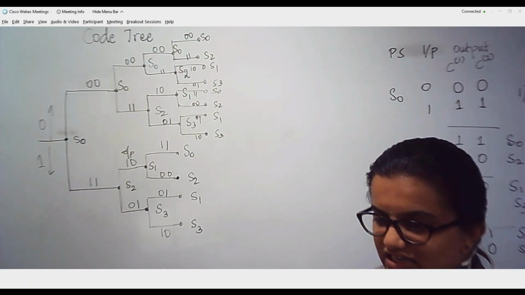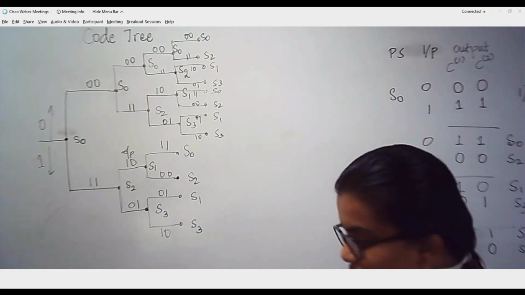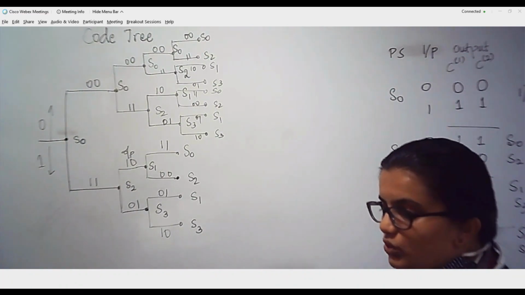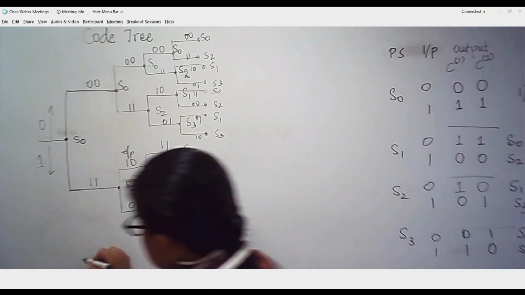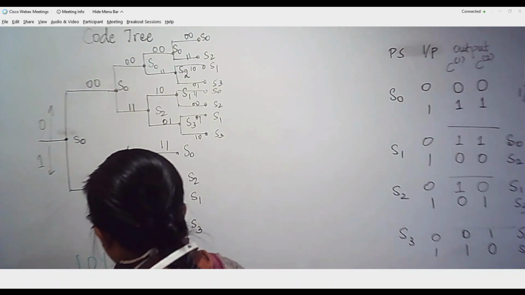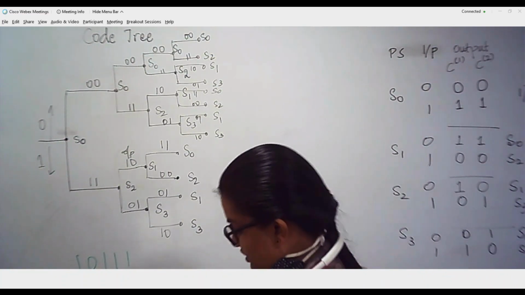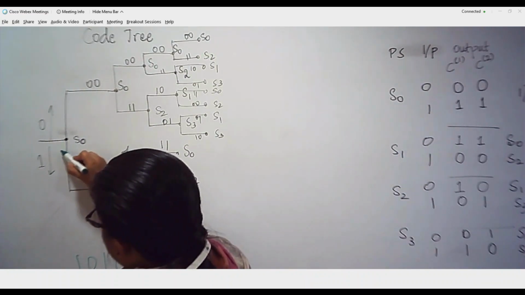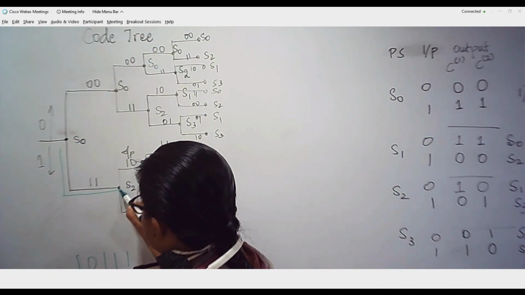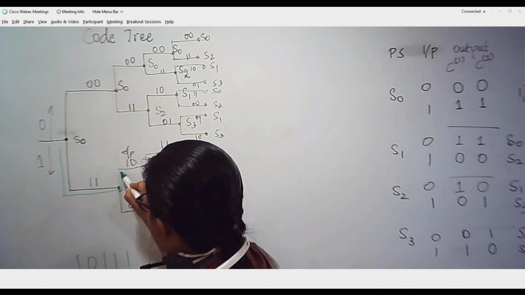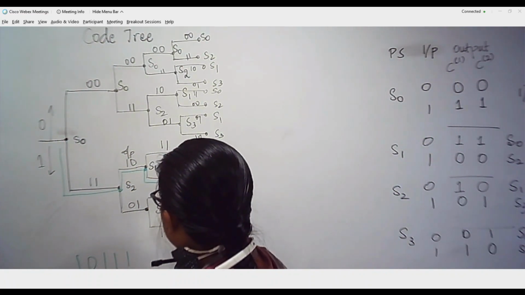All these things, whatever we are writing, we are not taking into consideration what the input sequence is. So what you need to do in order to trace the output sequence for the given message sequence, assume the data that I am entering is 1, 0, 1, 1, 1. You need to trace appropriately. If it is 1, you need to come down. I will be reaching S2. The next bit is 0, so go in the upper channel, I will reach S1. From here you go with 1 again, you will get S2.